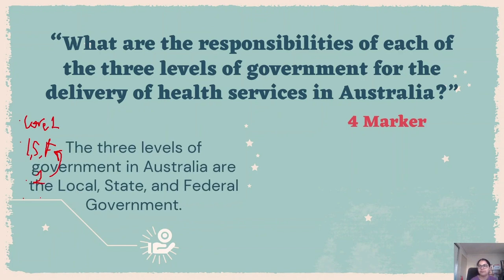So here we are. The 3 levels of government in Australia are local, state, and federal government. So that'd be a good intro, and then you go on from there. So the federal government is